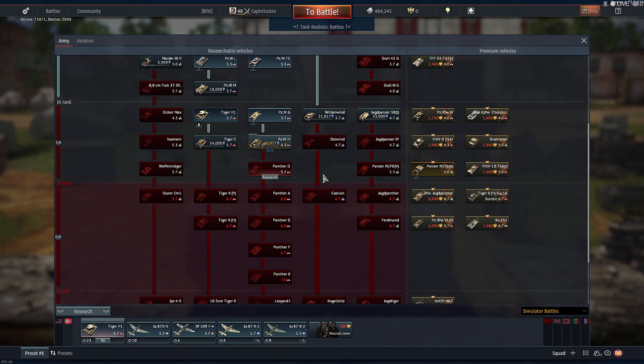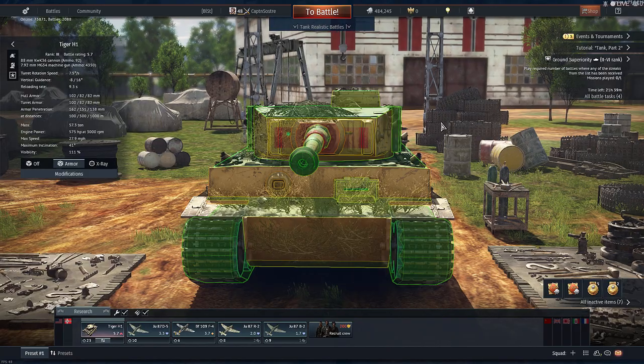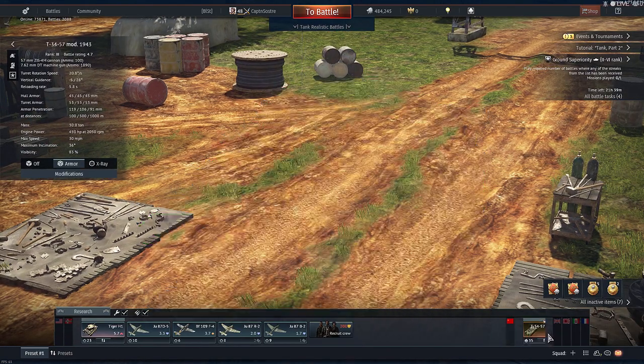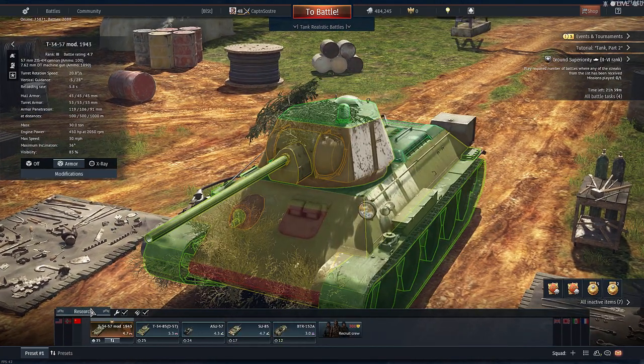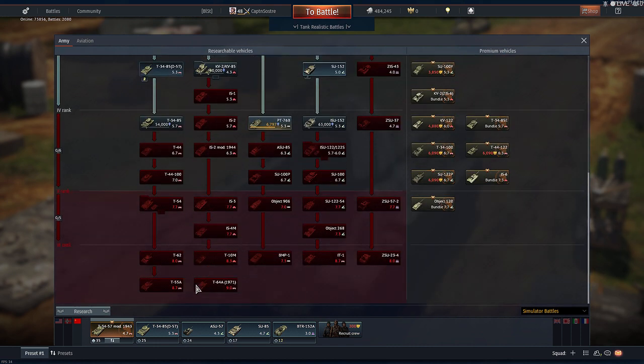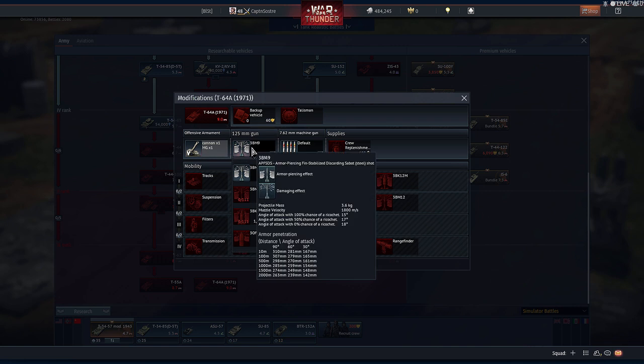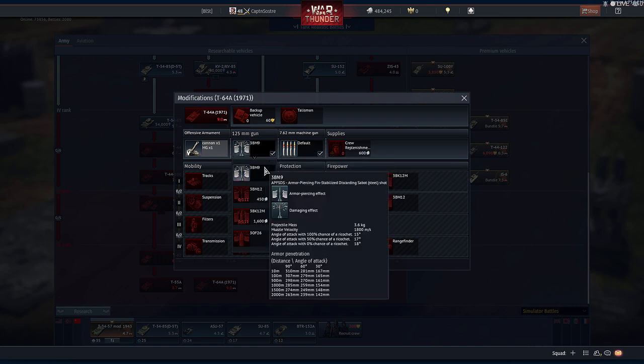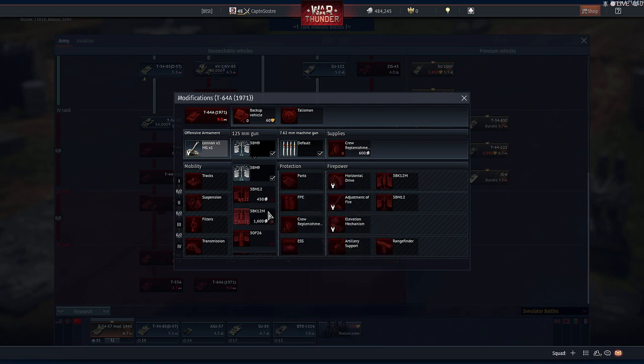But in a real battle, tanks are going to be angled slightly. There's going to be elevation changes and all of that sort. So it will impact those numbers even higher. And so this is where, when you start looking at more modern tanks with more shell selection, we can see that it's not always the best idea to bring the shell with the highest penetration values, because you can see, for example, this armor-piercing fin stabilized discarding sabot round shell has a significantly lower chance of ricochet than, for example,